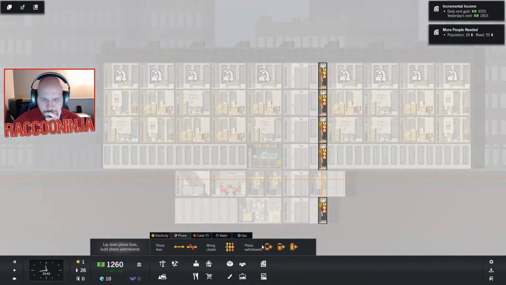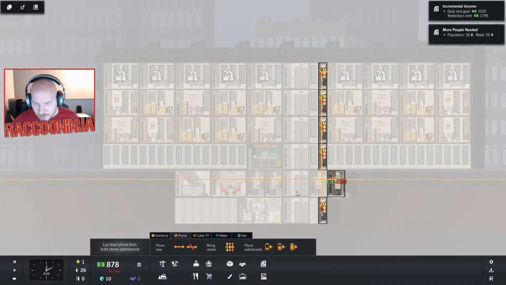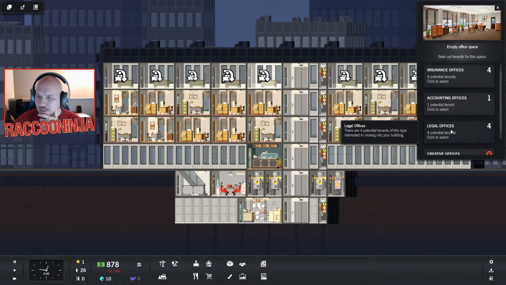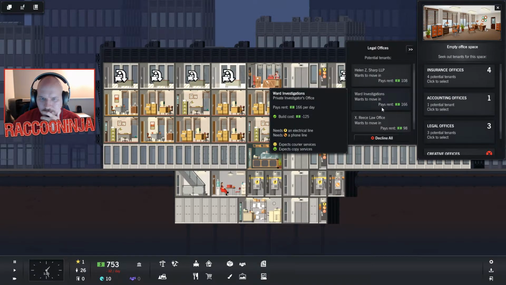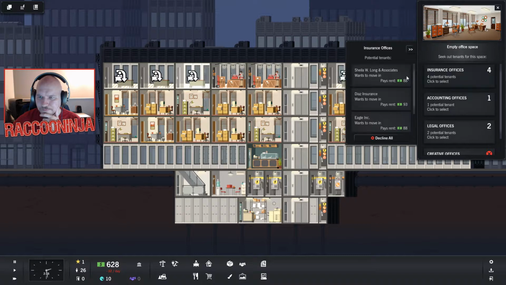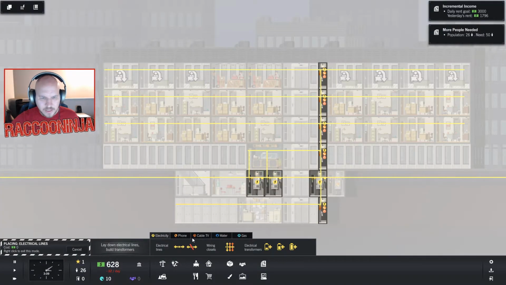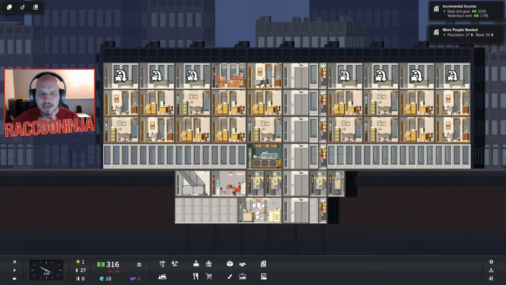All right, phone. We're just going to do a small one here. Click. There you go. All right, and then we're going to move in some legal offices here. So phone line. Phone line. And we don't have another phone line. All right. And then, of course, we need to put in our actual phone line like that so that they